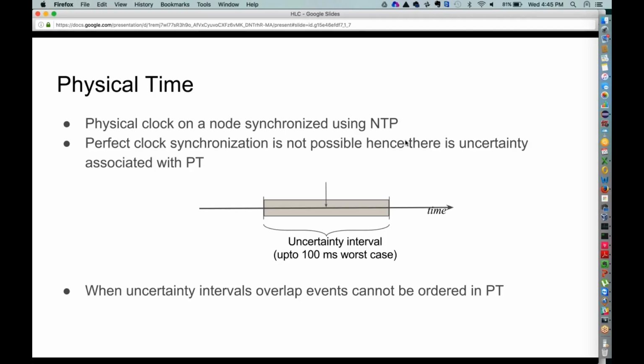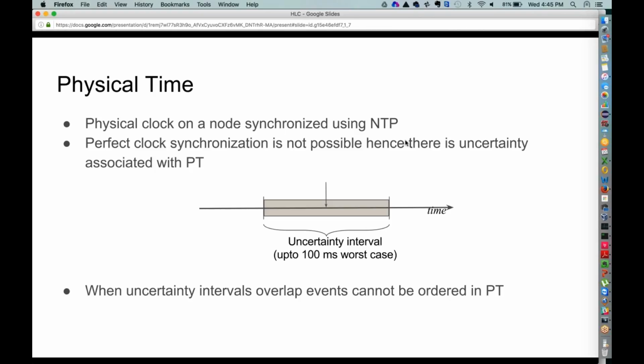The other shortcoming of physical time is, if you have a priori knowledge of what this error bound is, if two uncertainty intervals for two timestamp values overlap, then you cannot order them. While in logical time, you can actually look at the value and say that this happened before the other one. The same is not true with physical time.